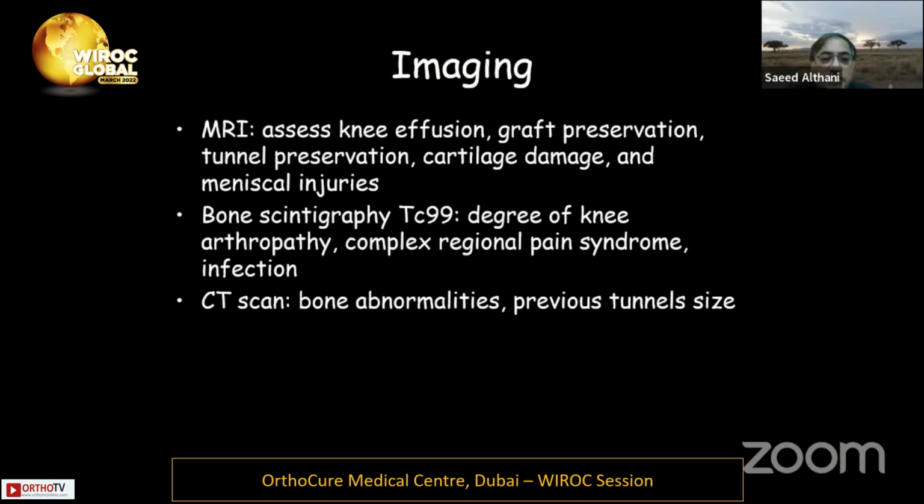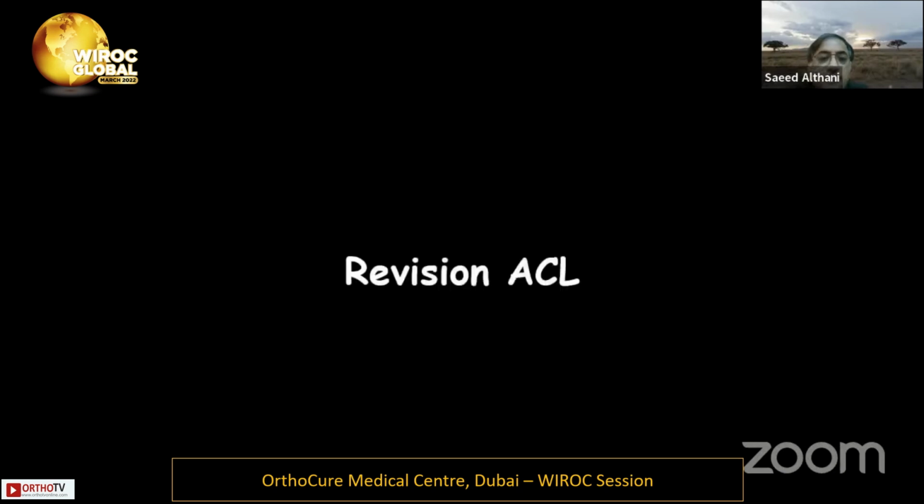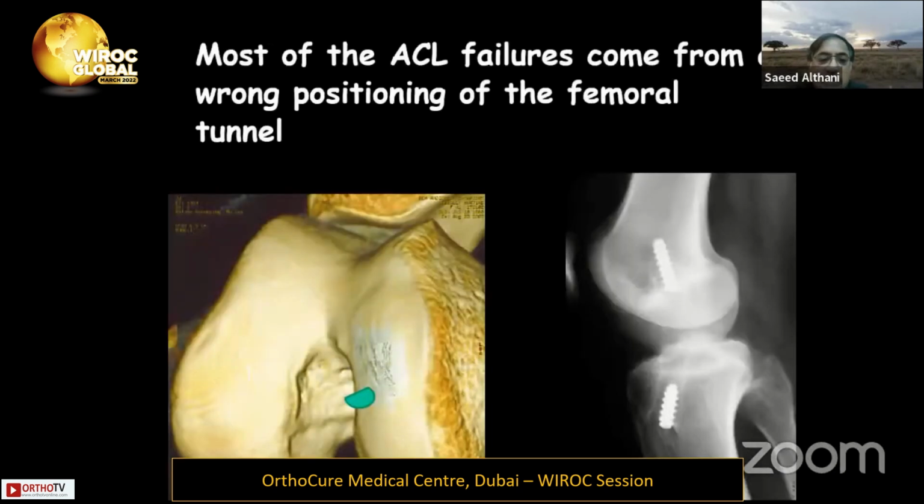Sometimes we need to get a bone scintigram to see the degree of the arthropathy, or if there is complex regional pain syndrome, or if there is suspicion of infection. CT scan will show us the bone abnormality and the previous tunnel size. In case of revision ACL, we need to assess the position of the femoral tunnel. Most of the failures are due to the wrong position of the femoral tunnel. If you can see the picture on the right, the femoral tunnel is too anterior, and that causes impingement